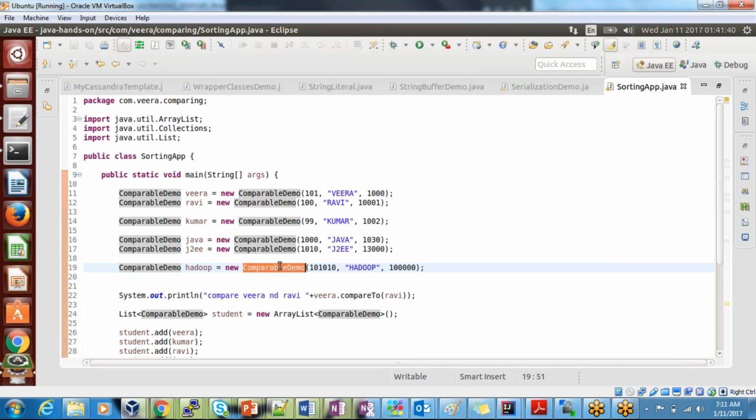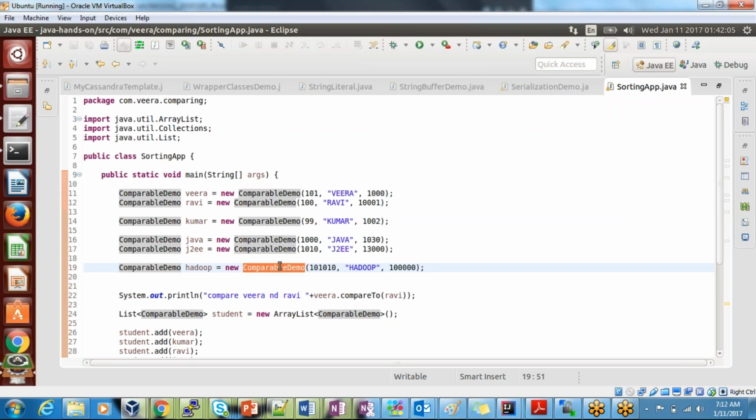If I have the source code of comparable demo, there is something I can go into and log inside the class. I can change it. But the day after tomorrow again they ask me to buy ID. Again I need to change, which is a very bad habit, a very dirty thing, right? Yes or no? Yes. That is the limitation of